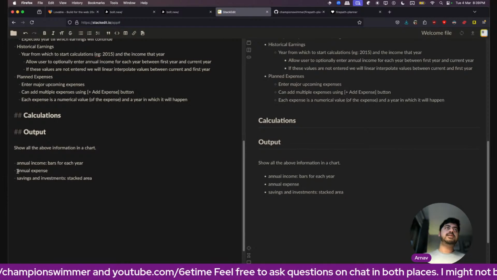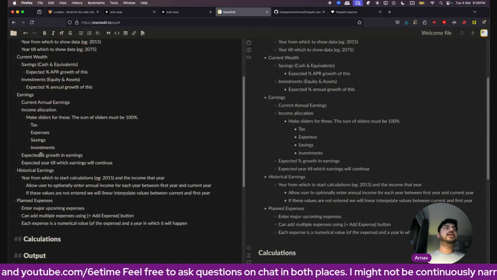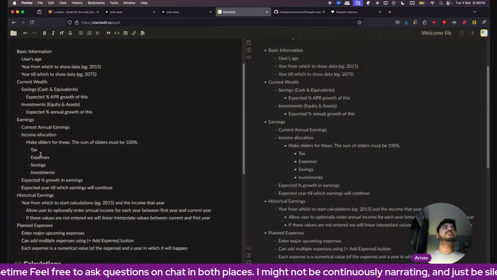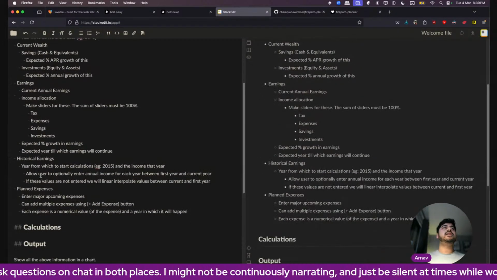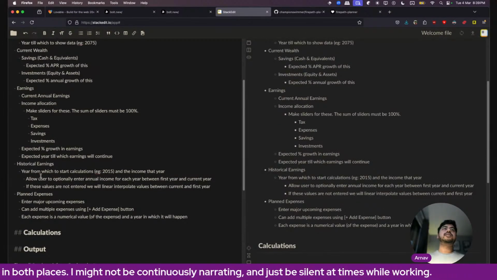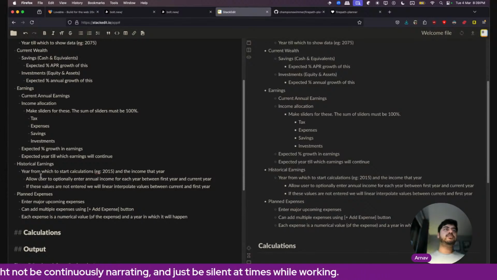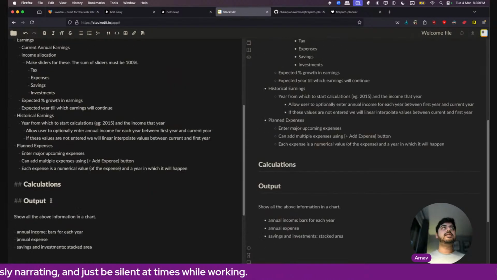Not really annual expense. Yeah, so there should be annual expenses as well. I actually did not consider that, but that's fine. If it's always a percentage of income, then we don't need to really show it every year.